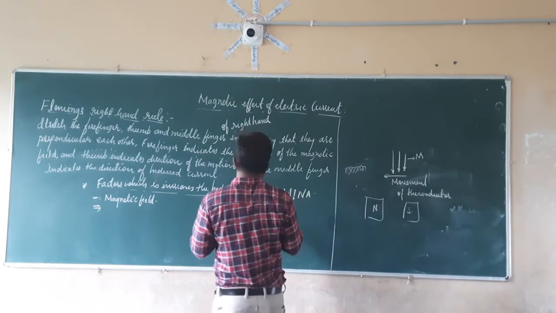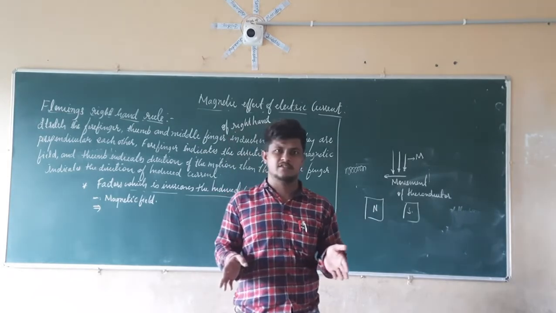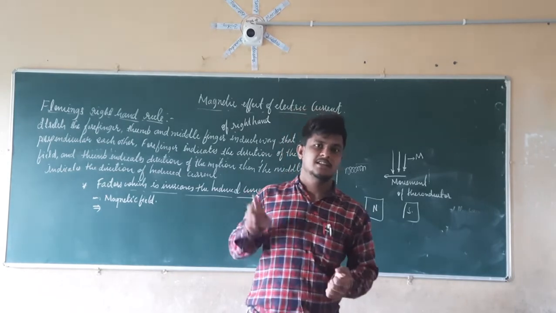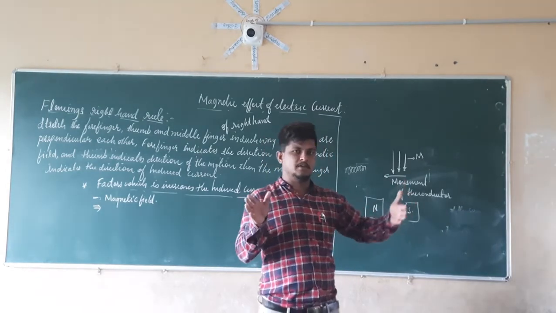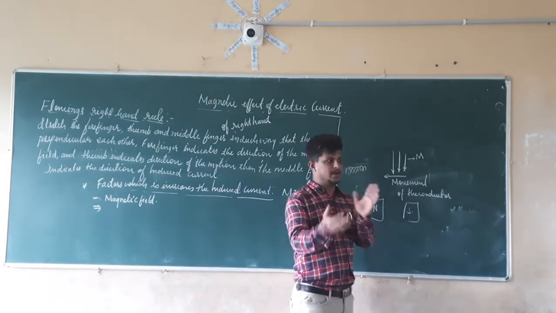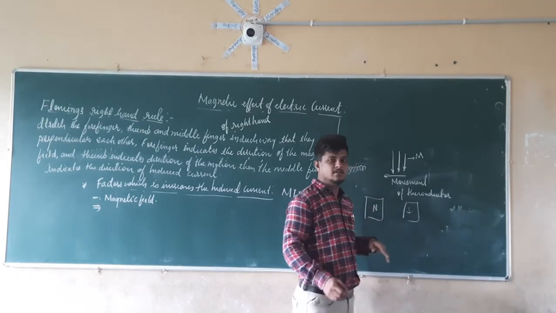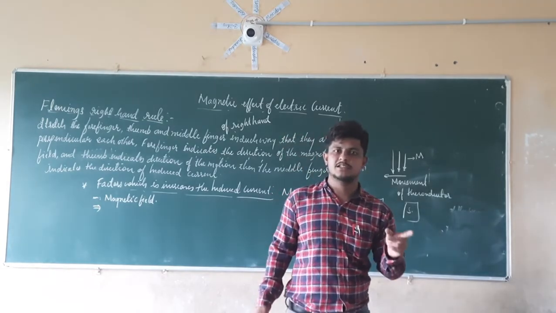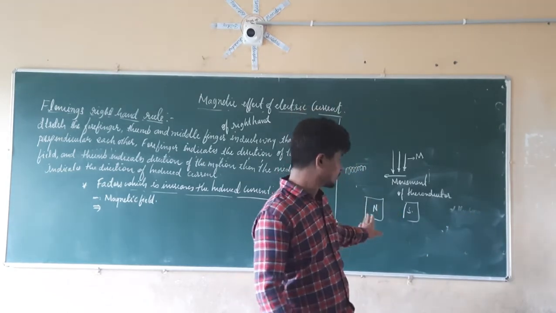Now, if you want to know about the generator, the syllabus is reduced, and due to time we can't cover it now. So if you want to know about the generator, just see this. In the generator, we put two magnets, one north pole and the other south pole, and we take a rectangular coil. That rectangular coil continuously moves in this magnetic field. If it is continuously moving in this magnetic field, what is going to happen? There will be a change in the magnetic field. Because of that change, it induces the current. So that is about the generator.